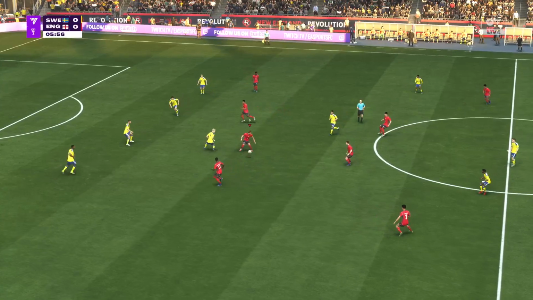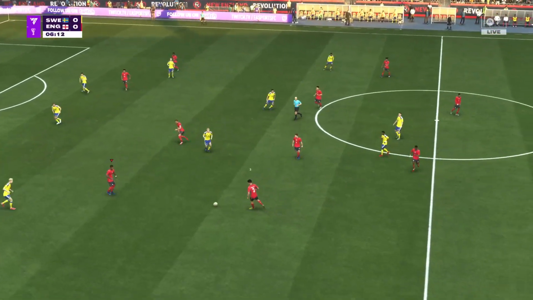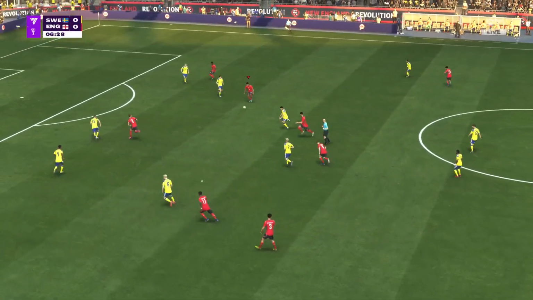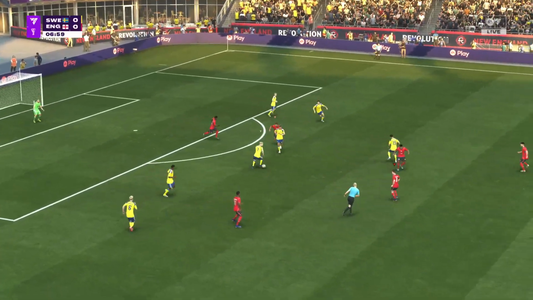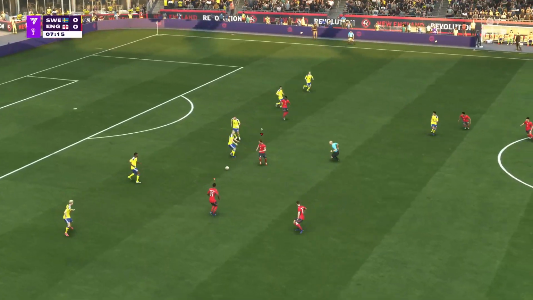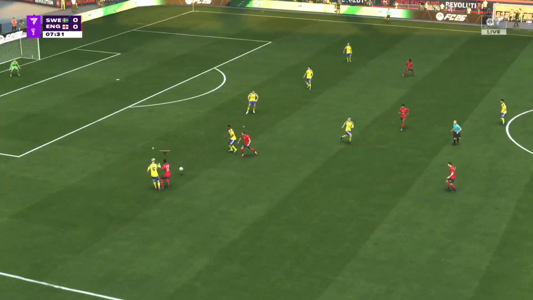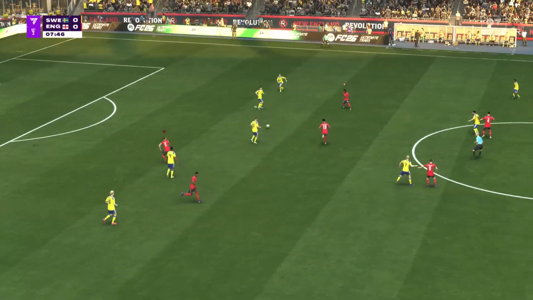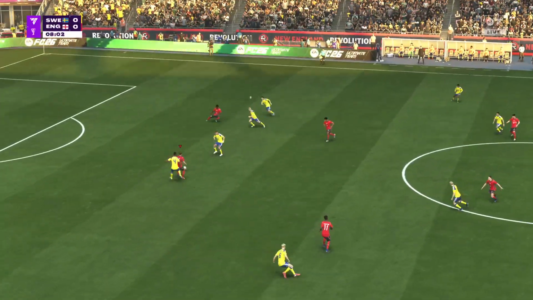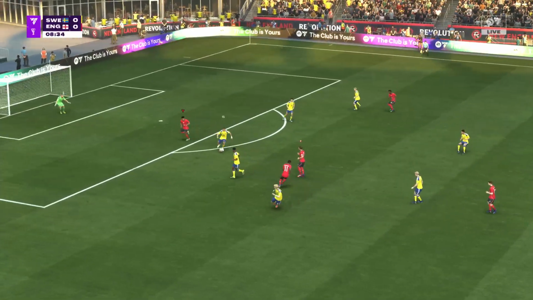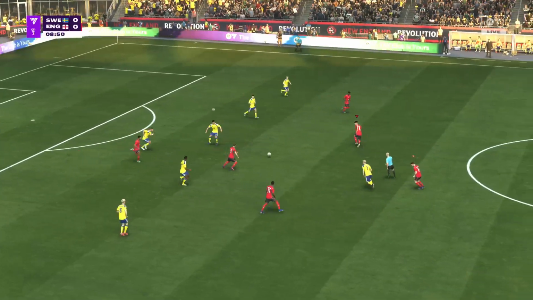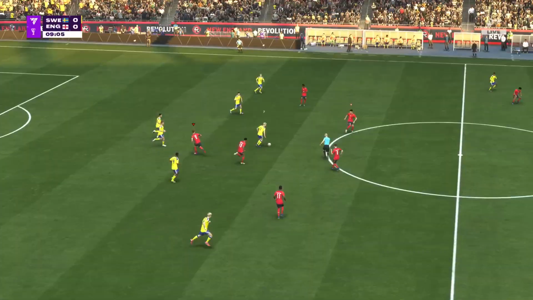And possibilities here. Now with Bellingham. And a clever piece of defending. Svensson. Touch too heavy there.